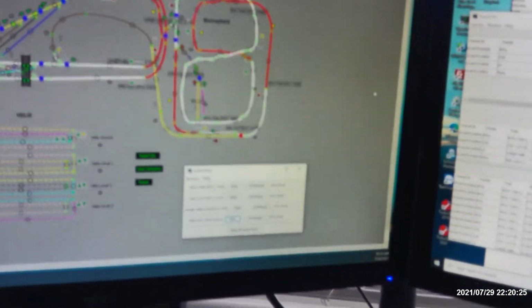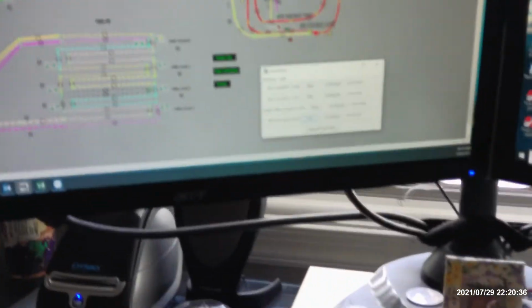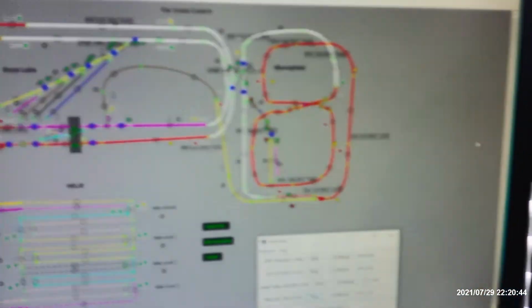Now all the blocks turn white in which the trains are going to be going into, so you know that's the direction they're going in. And as you can see, they are moving around as the blocks become occupied and unoccupied. And on the Lehigh Valley run,